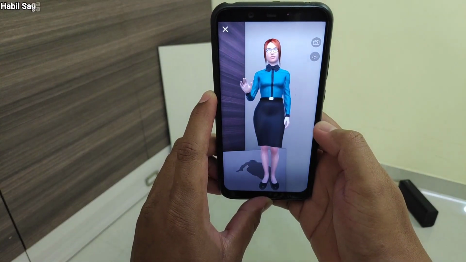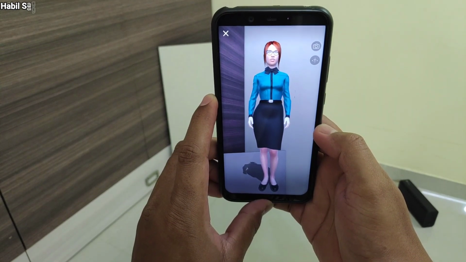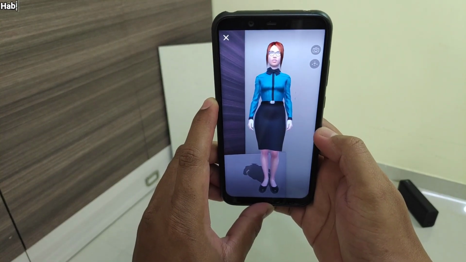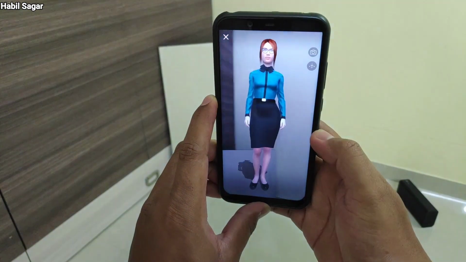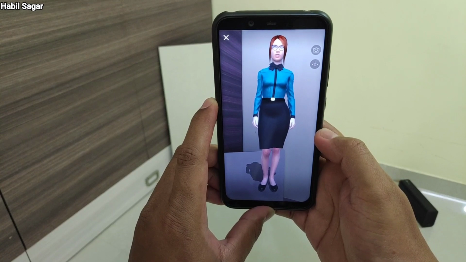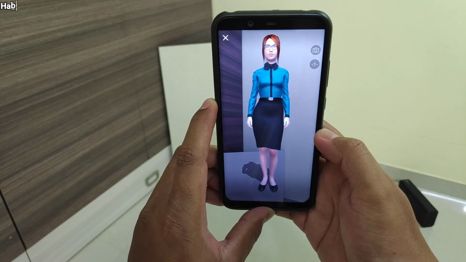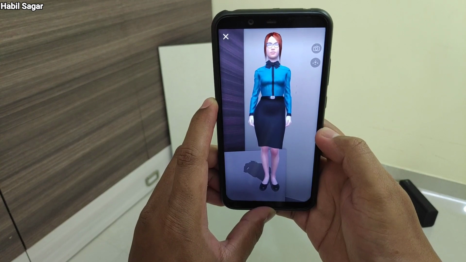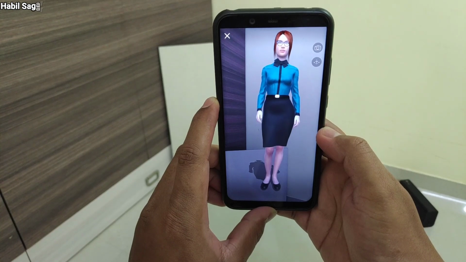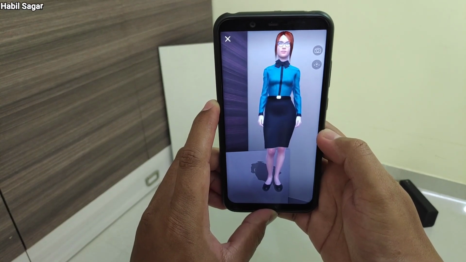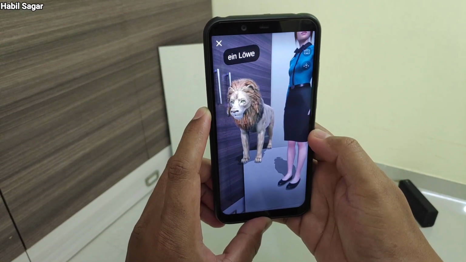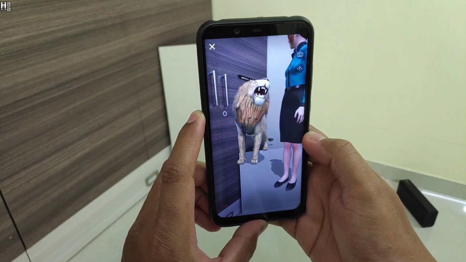Hello, human. Welcome to the Mondly AR experience. I'm here to help you learn a new language in a fun and interactive way. This is a new technology that combines voice and object recognition with augmented reality. The technology which allows me to be part of your world by blending your real world with my virtual one. Let's learn about animals. First, I'll show you the king of the jungle. That's right. This is a lion. In German, to say a lion, you say